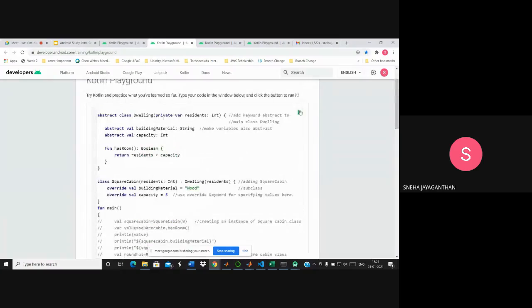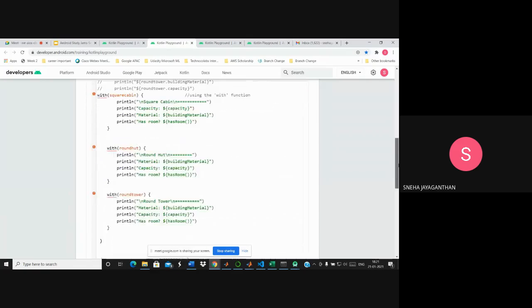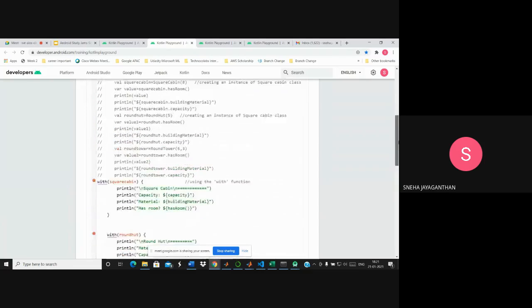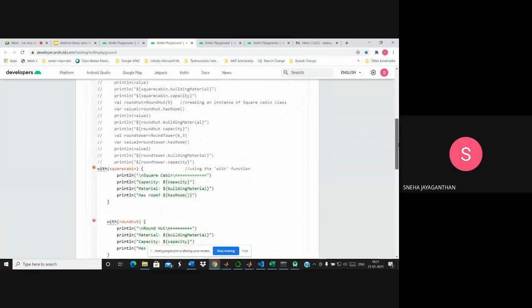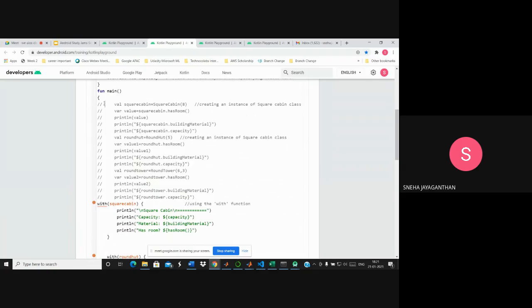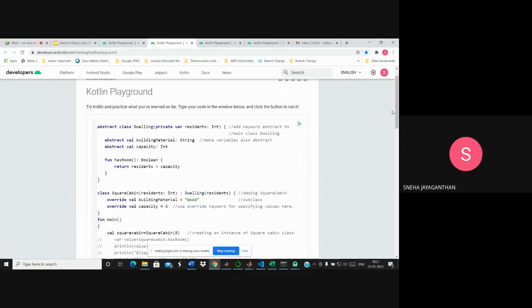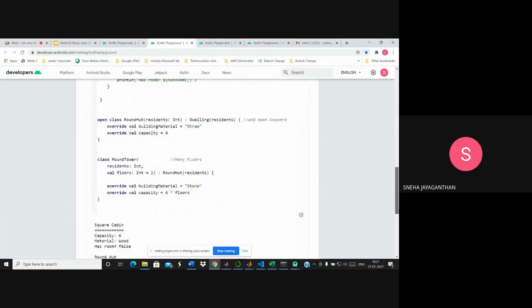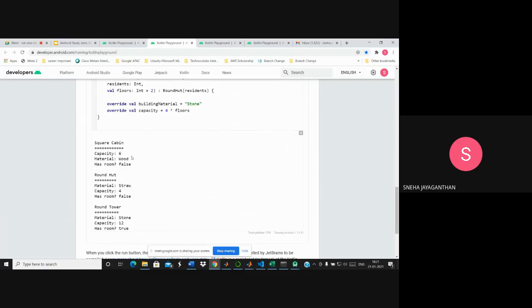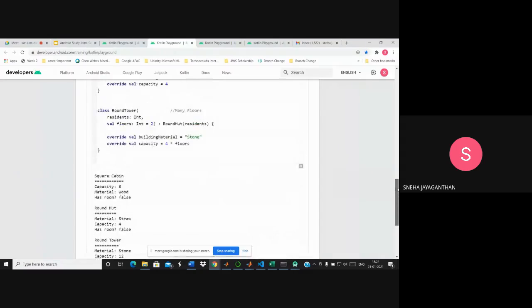If you run it, you'll get the same thing. So you can see here the capacity, material, and has room value has been printed for each of the subclasses. So that's how you create classes and subclasses in Kotlin.